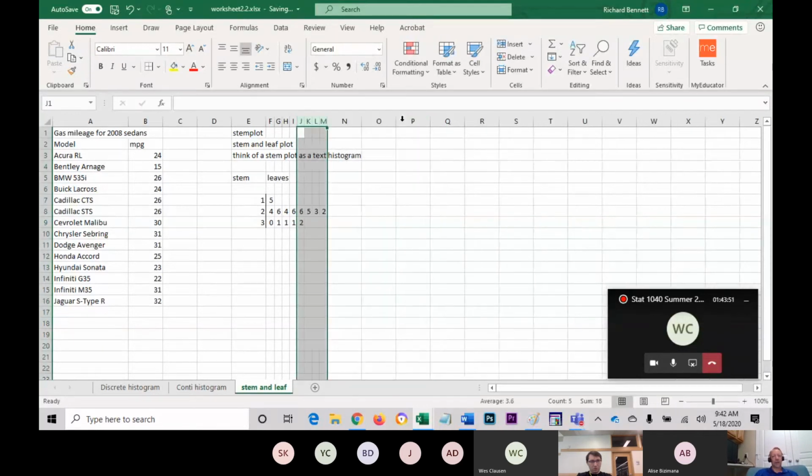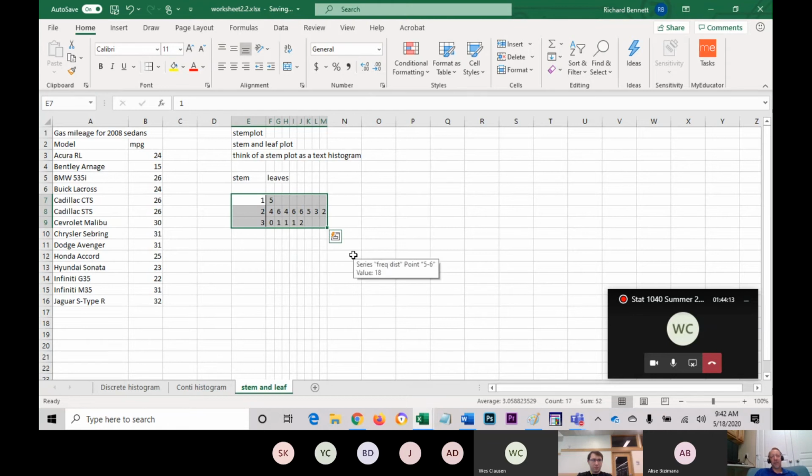Now, the idea here is, and I've kept this data kind of small, but basically I've got my stem. My stem is the tens digit. My leaves are the ones digit, okay? Now, as you look at this, if you turn your head sideways, you can say, does that look like a normal distribution? And so you can kind of see, well, if this is my peak,